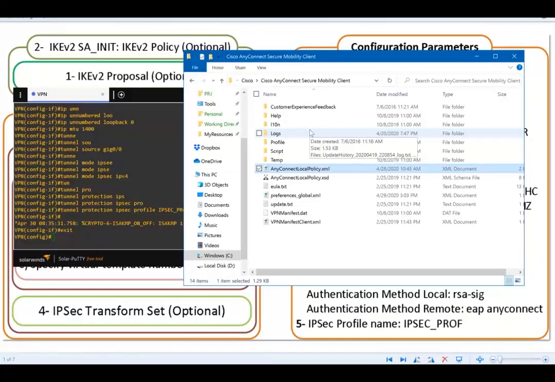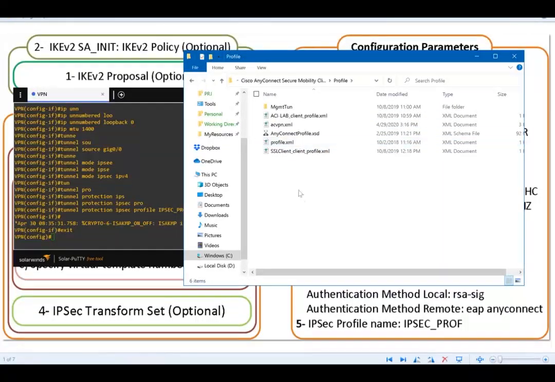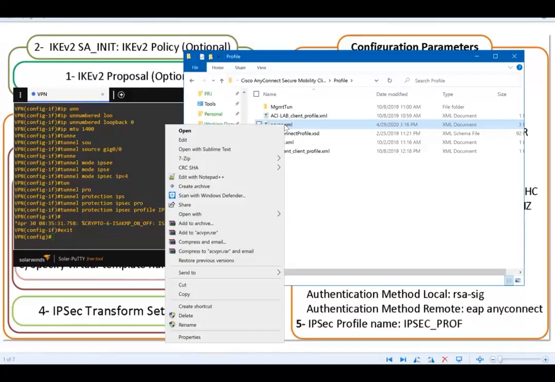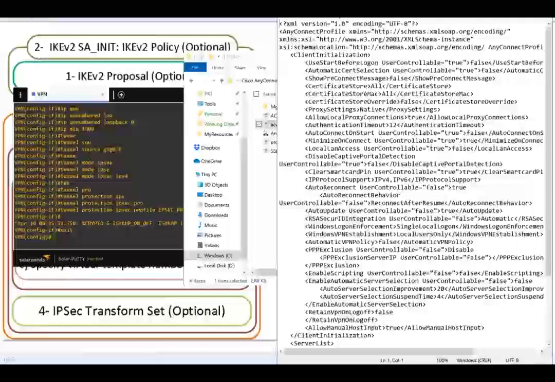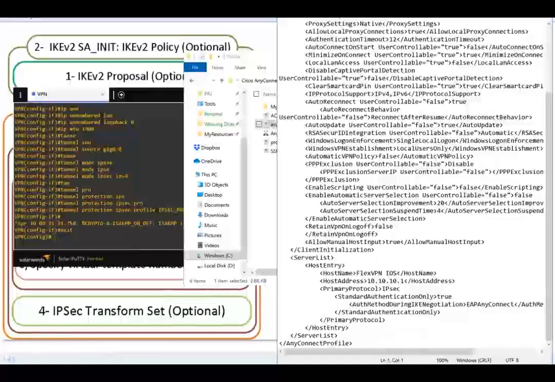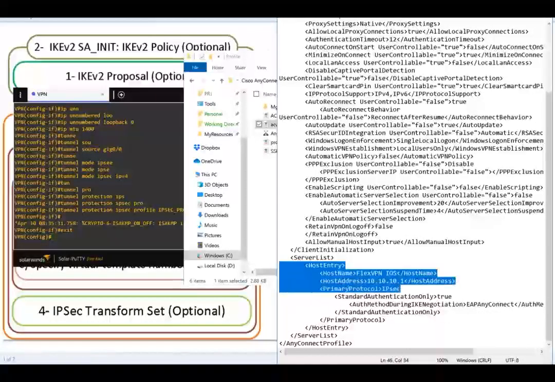Then by default, the AnyConnect client tries to connect to the gateway using SSL and will not attempt to establish a tunnel using IKEv2 IPsec. To change this, we have to create a profile with the name of acvpn.xml, which is located under this path, as you can see here. There is a sample ACVPN XML file and I will provide you the link to download it. If you have that file, you need to edit the file, and under the host entry part of this XML file,